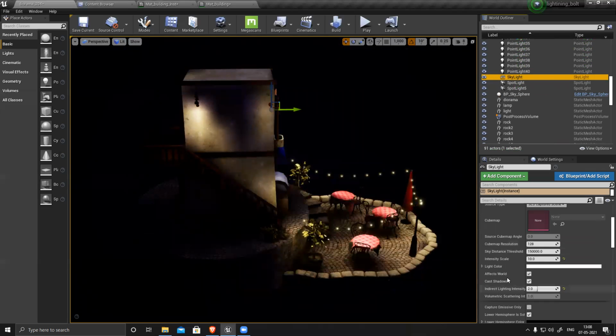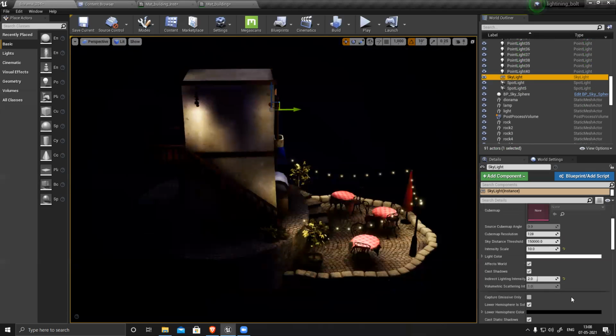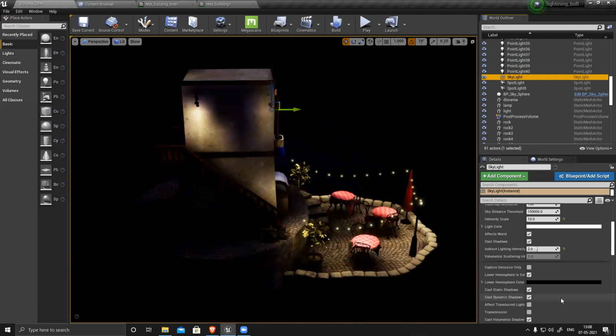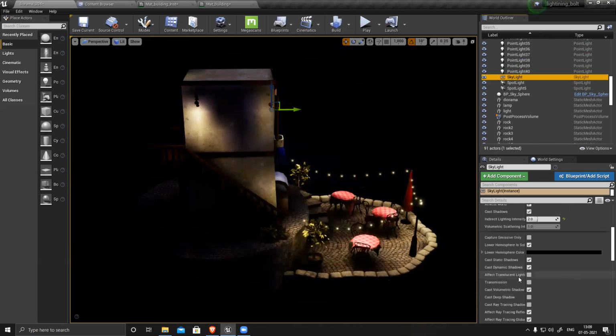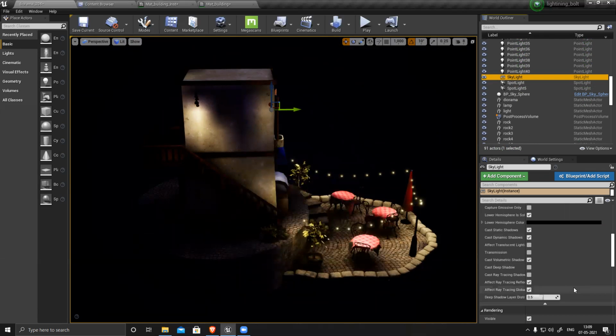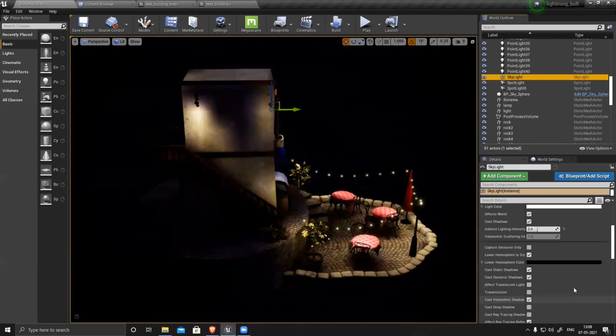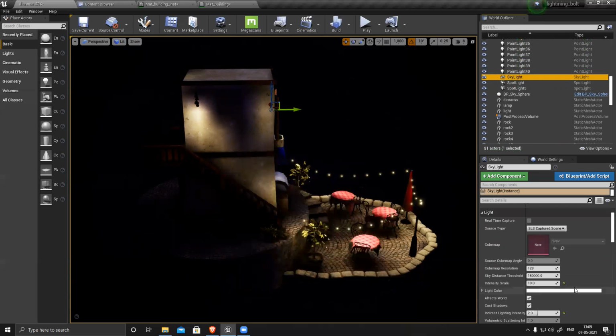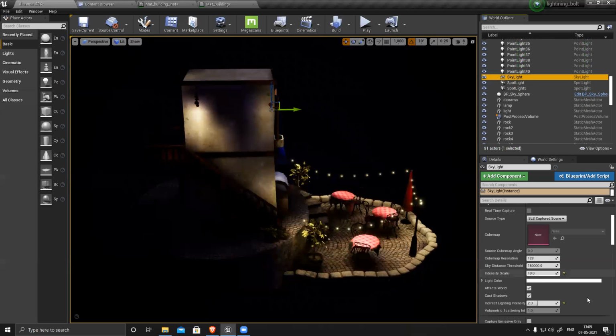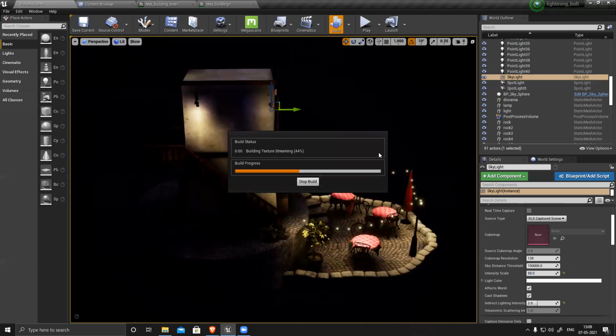Resolution is fine. This is also fine. Intensity, let's make it like 50 or something. Build it one more time.